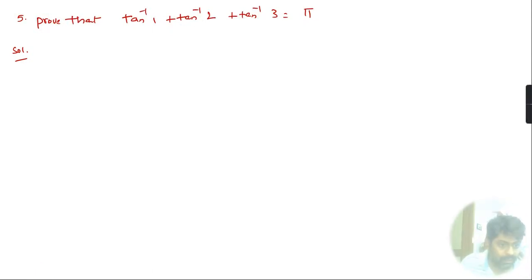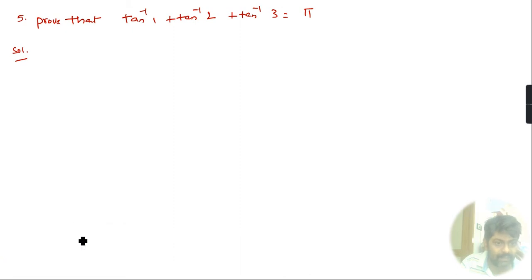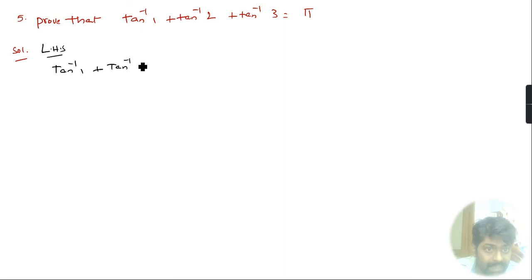Okay, so the question is: tan inverse 1 plus tan inverse 2 plus tan inverse 3 is equal to pi. So first we have to take the LHS. What is the LHS? That is tan inverse 1 plus tan inverse 2 plus tan inverse 3. Okay, the basic formula is